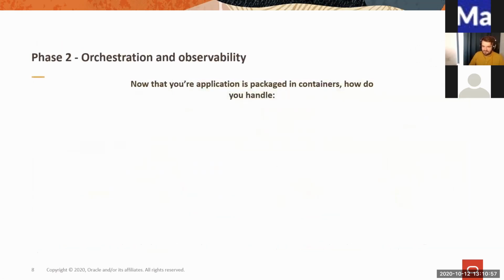But in phase number 2, we were talking in phase number 1 about how we put our code into containers, and we have our containers. The question is how we are going to handle several tasks. For example, provisioning and deployment. Are we going to do it manually? If we're going to work on a single server, then that's fine, you can do it manually. But what if we're planning to scale and to have thousands of users connecting to our systems? How are we going to do that at scale? It can become quite difficult, and I think you know that human mistake is seen very often in production.